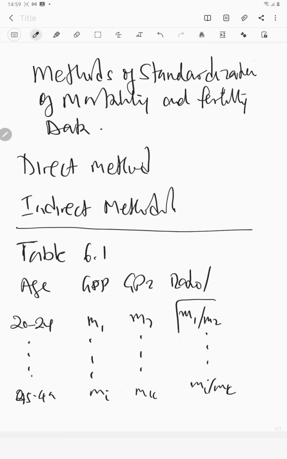Now, having obtained this ratio, you can multiply it by a certain weight, which can be given depending on the case, so that you're able to determine the values of importance in your standardized results. On this point, I want you to look at a practical scenario which has been demonstrated in table